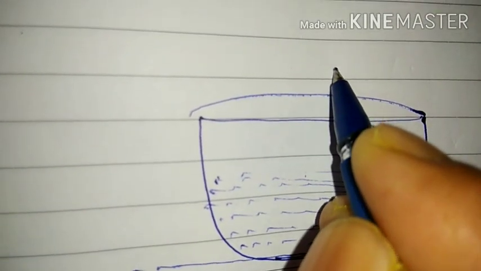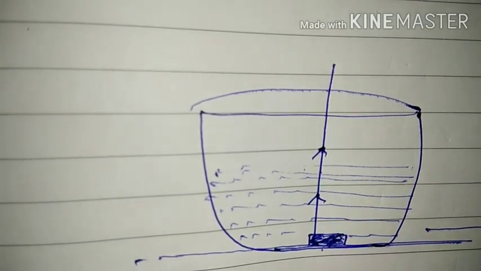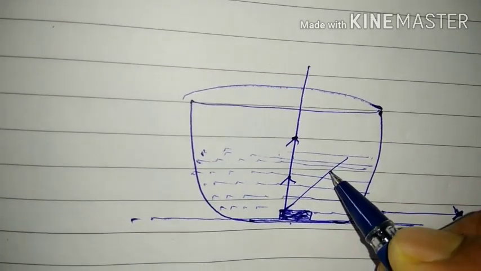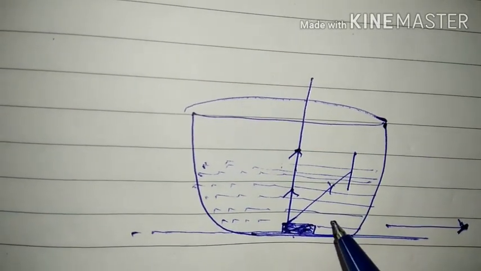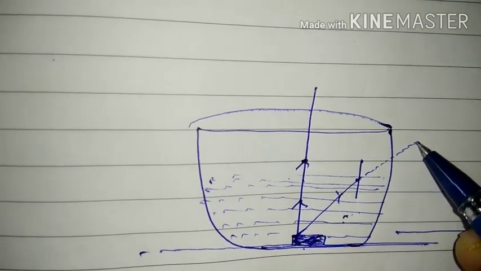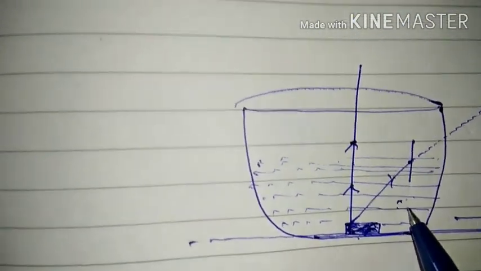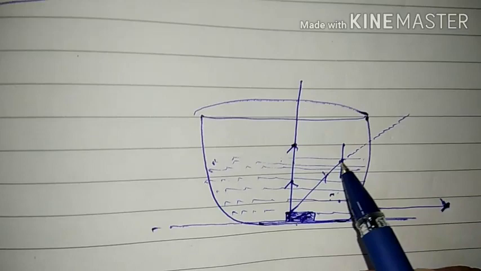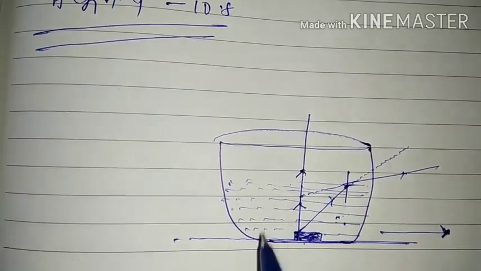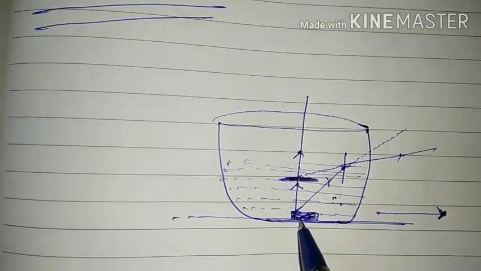If we take a ray normal, then there is no deviation after traveling from water to air. But if we take a ray oblique and draw a normal here, then what happens? Now this ray travels from water to air. So this should be its original path. But as the ray of light goes from denser to rarer, it moves away from the normal. And if you move away from the normal, then after tracing it back, these two rays appear to meet here, and the virtual image of this coin forms